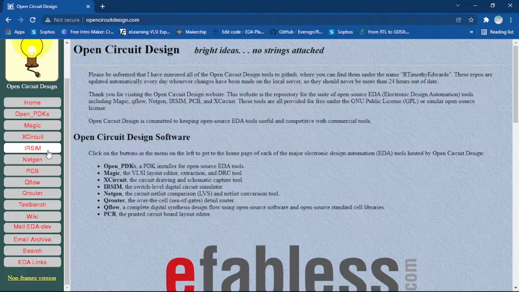And QFlow. The focus of this particular video is on QFlow because this is the first part of a two-part series. In the first part I will explain how to download QFlow and other tools with it, and then in the second video I will show how to use that QFlow with the Verilog file. I will upload that video also after this video.